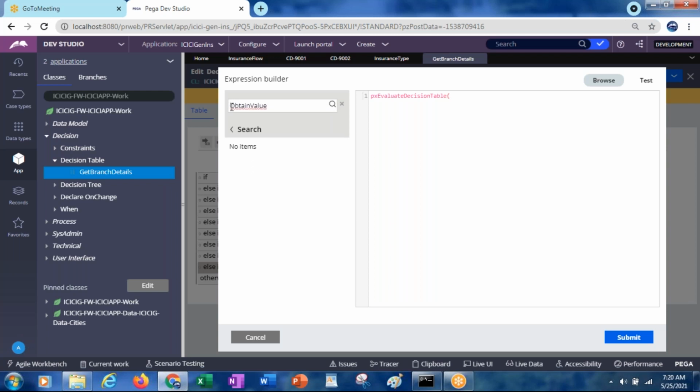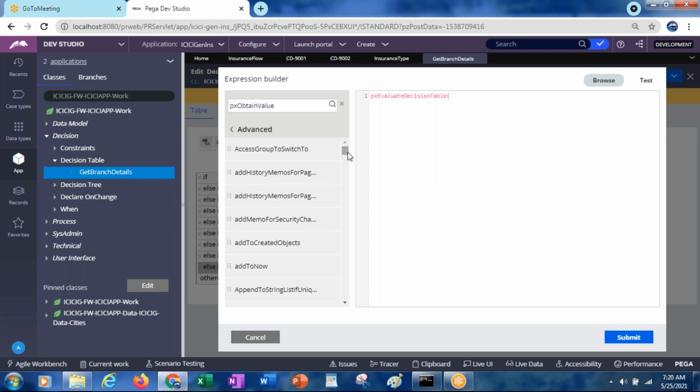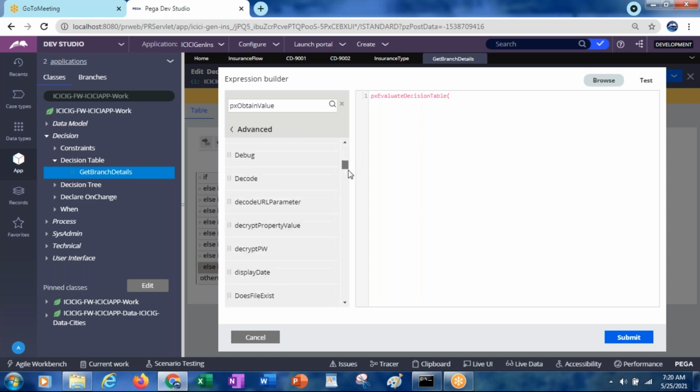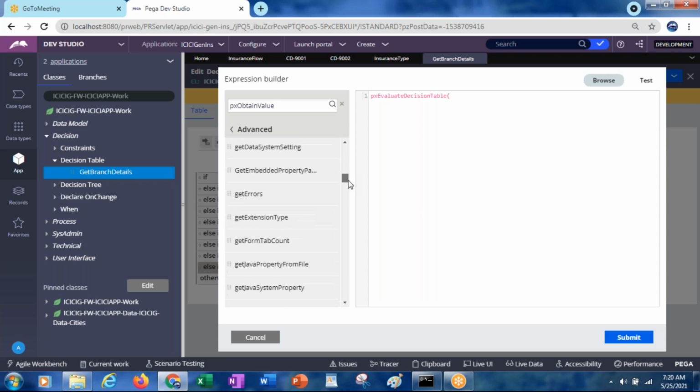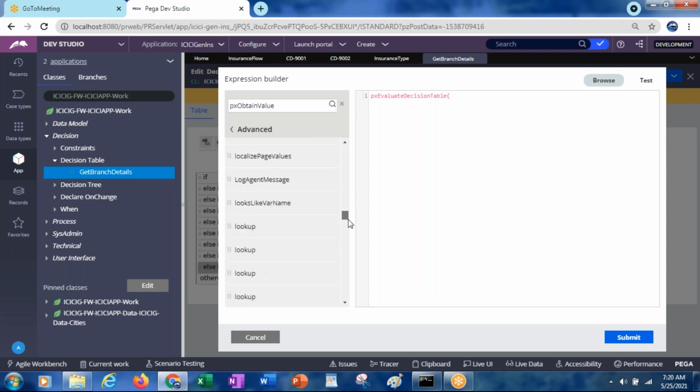Not sure why it is not showing. Anyway, this obtain value is the legacy one, and I'm not sure if they removed it. But you have evaluate decision table for decision table and evaluate decision tree for decision tree. Like that you can use it.